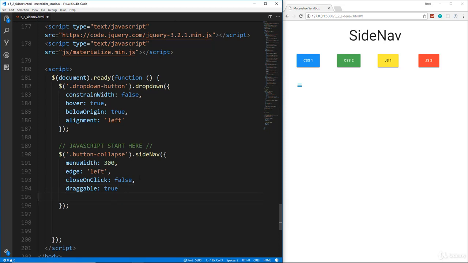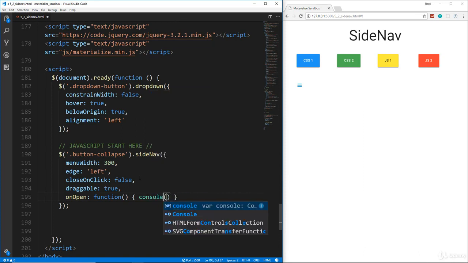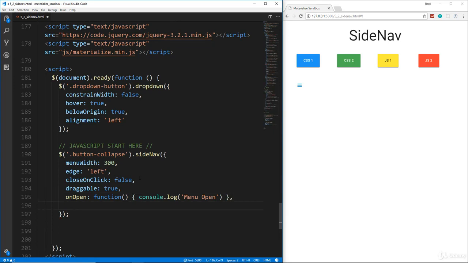So for instance, let's put a comma here, and let's say onOpen, we'll say function, and we'll say alert, or actually let's do a console.log, and we'll say menu open, and then we can also do onClose. Let's say console.log